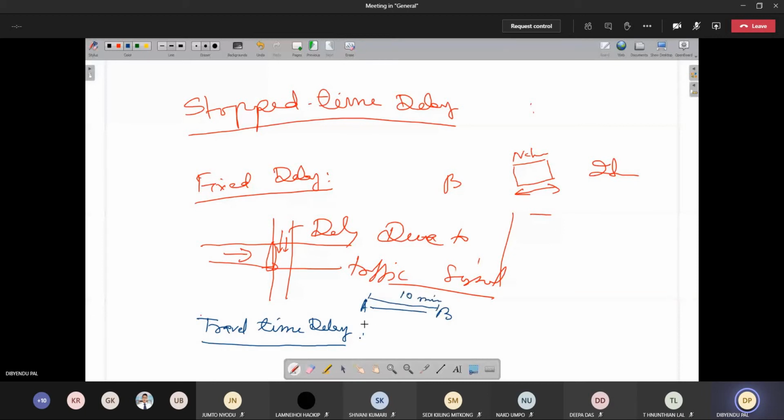Now when vehicles are going to a destination, no doubt there will be other vehicles also on the road section. Some other type of small hindrance will be there, even if there are no traffic jams or traffic signals. On average, you will not be able to reach the destination in 10 minutes. Maybe if you are running alone on the road section, with no other vehicle, you can reach in 10 minutes. But when some other vehicles are there on the road section, on average you cannot reach in 10 minutes. You will reach that particular location in say 12 minutes or 13 minutes or maybe 14 or 15 minutes, because of the presence of the other vehicles.